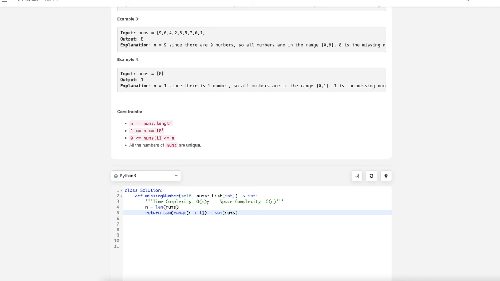Time complexity is O(n) because of this sum and this sum. Space complexity is O(1). If you're familiar with the Gauss formula, this part can be replaced